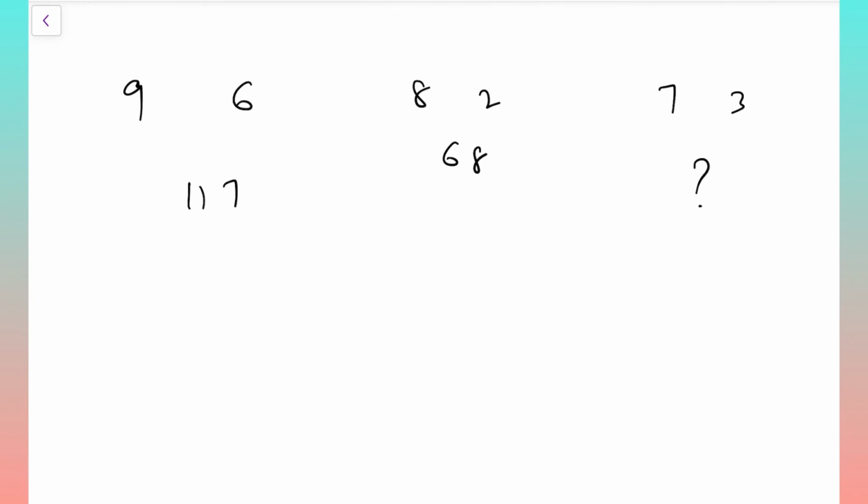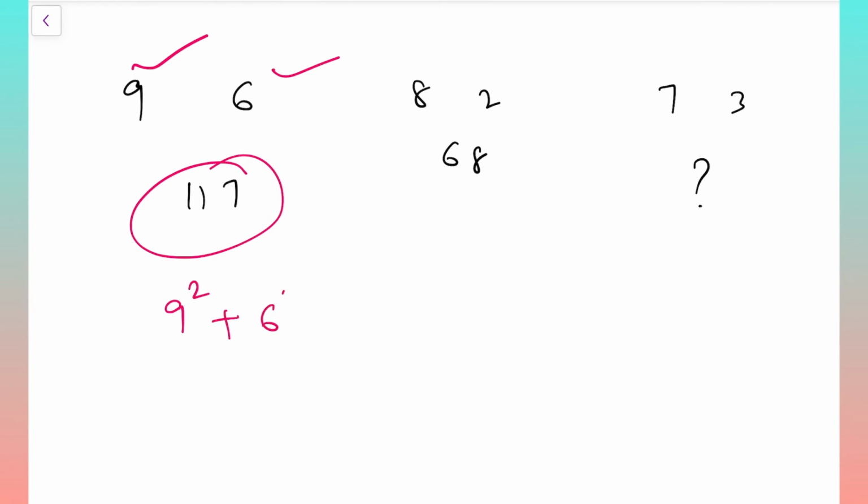Okay, so what is the relation between this 9 and 6? If we do something to that, we need to get 117. So what is that logic? 9 plus 6, 15. Addition not possible. 9 minus 6, 3. Subtraction not possible. 9 6s are 54. That also not possible. So to make this 117 from these two numbers, I will take squares. Because 117 is a bigger number, right? I am trying to make 9 and 6 bigger. So that's why I'll go with the square first.